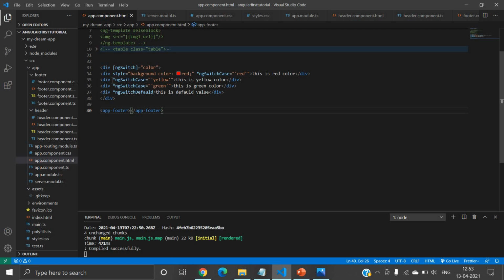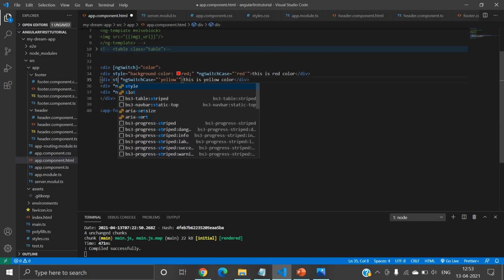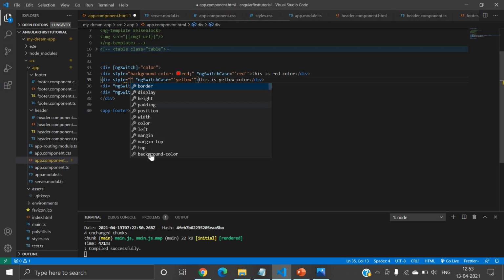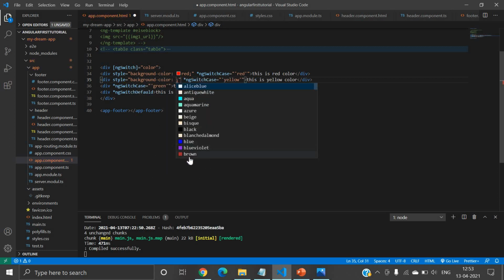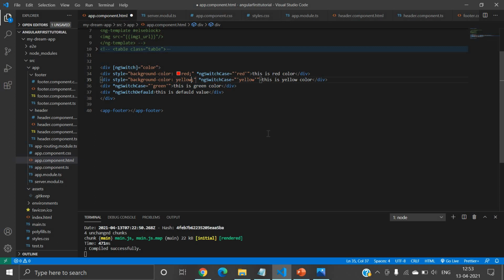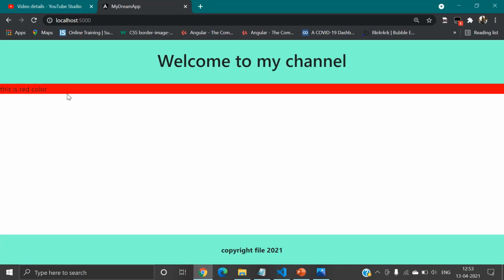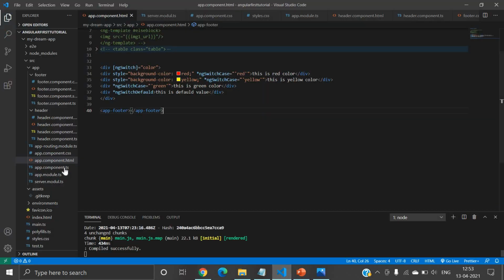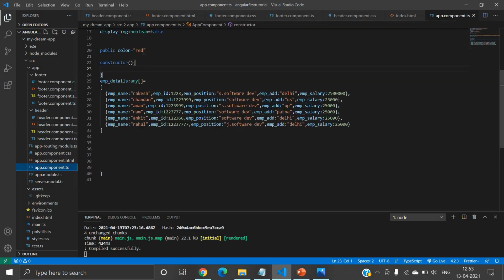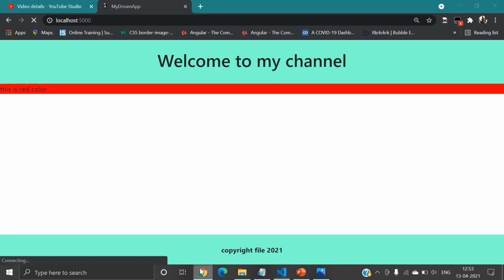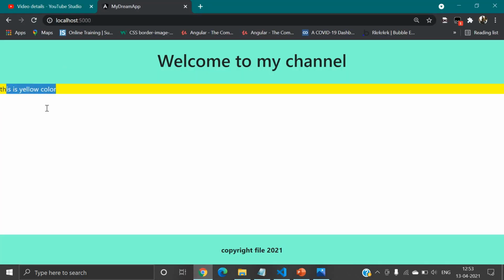Suppose I want to use style with background color yellow, and after that I will save. Now here you can see it still returns a red color. So suppose I want to set the yellow color here, then it should return a yellow color. Now here you can see.